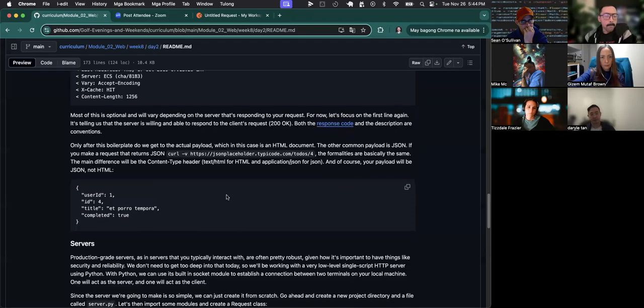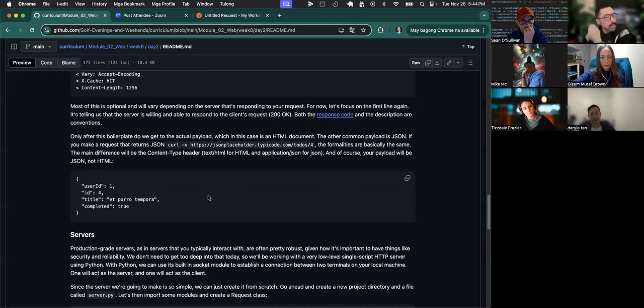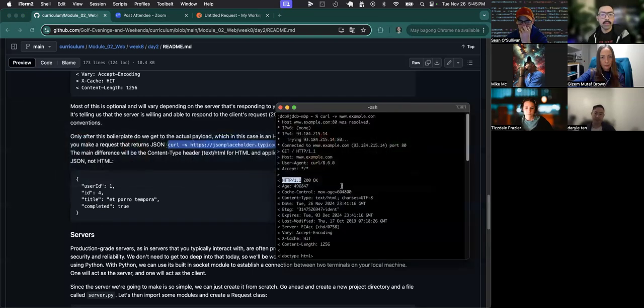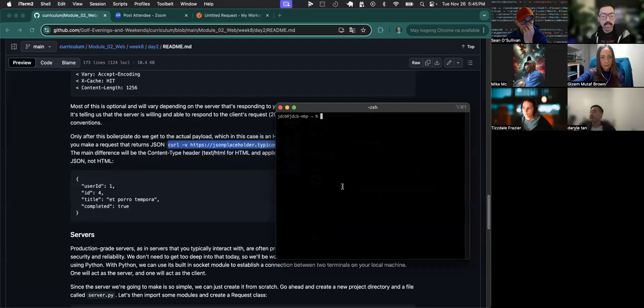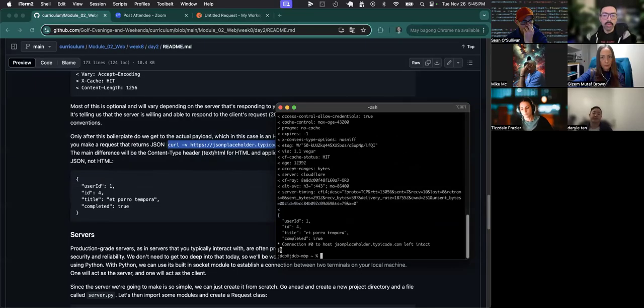Okay. So some common formats that you will get both as the body in a response and the body that you would be sending out through a request would be HTML and JSON. So if we wanted to run this command, we can see a JSON response. So let's grab that terminal again. And with the verbose flag,